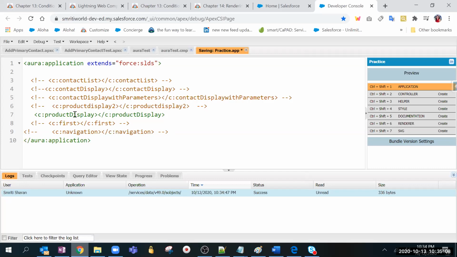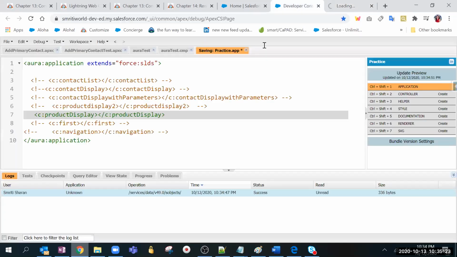There is something called product display, and I'm just saving it and previewing. This is again built on Lightning Web Component, and the same way you put c colon. Once it saves, if you click on preview, you will be able to see it, and it is there in the Lightning app, like in an Aura app.